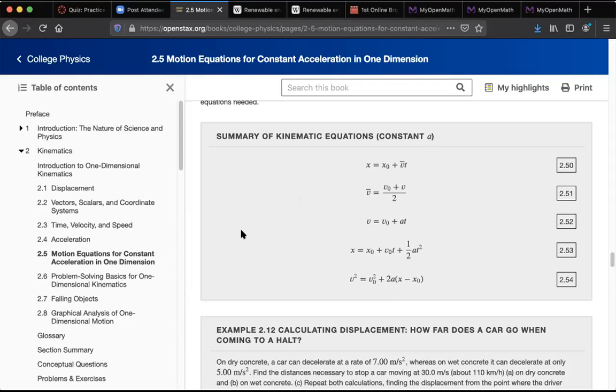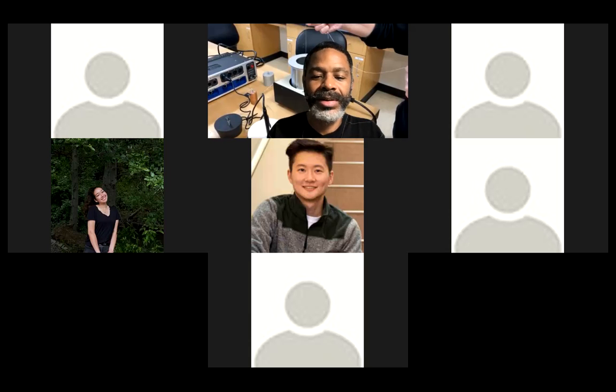So they want us to figure out how much time it takes to go from rest to this final speed. And so we would use this one here. Let's see, yeah, because they tell us the acceleration and they tell us the initial and final speeds, and all we have to figure out is the time. So this is the appropriate equation to use. So if we go ahead and do that,